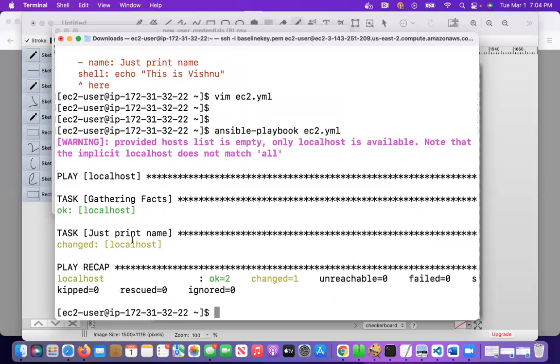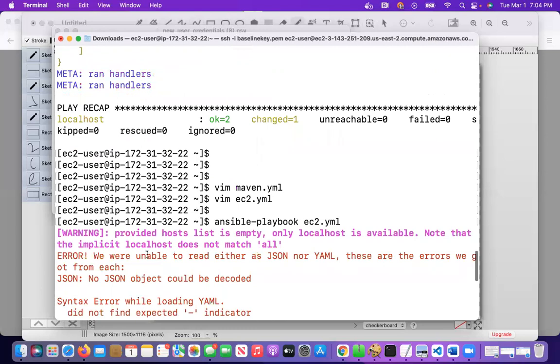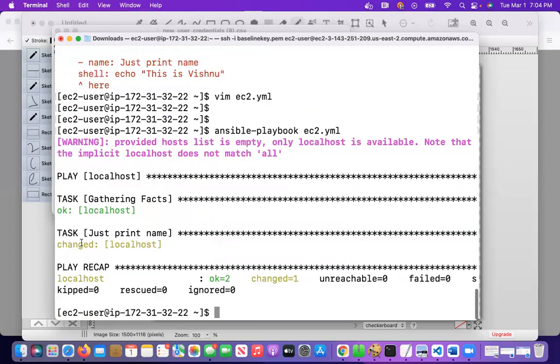Okay, it worked. This changed means it worked. This red means error. This changed color means it worked. That's basically how the color coding works. You don't need to know the color coding, but you see that it will even tell you how many